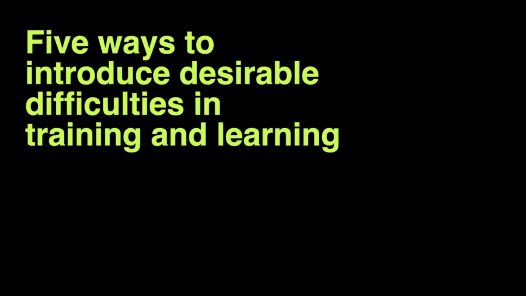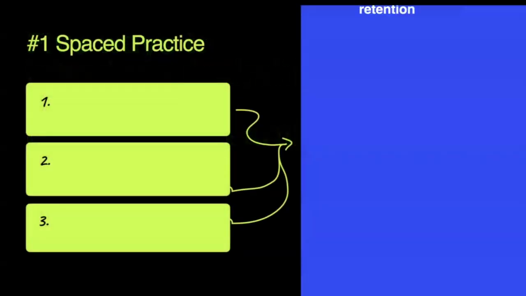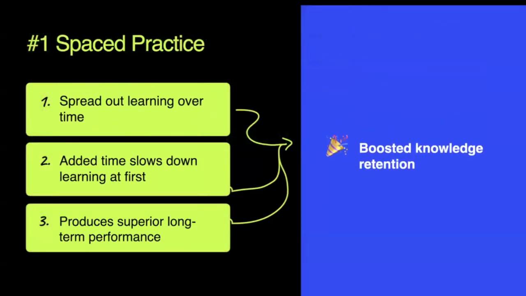Bjork has given us 5 ways to introduce desirable difficulties in training and learning. The first one is spaced practice. The idea here is to spread out learning over time. And this added time does slow down learning at first, but it is what produces superior long-term performance and hence